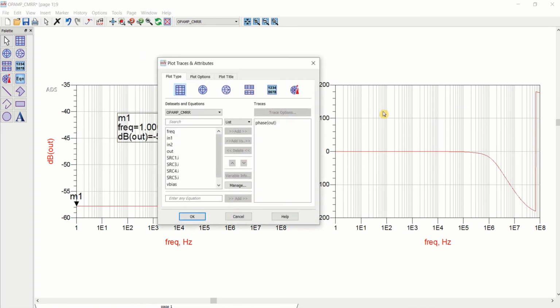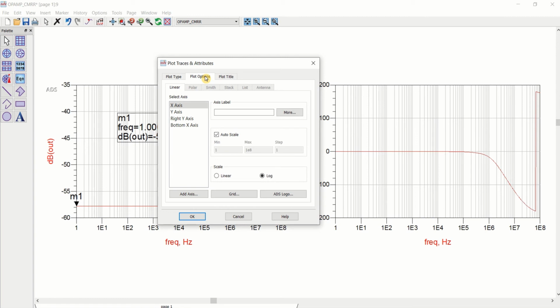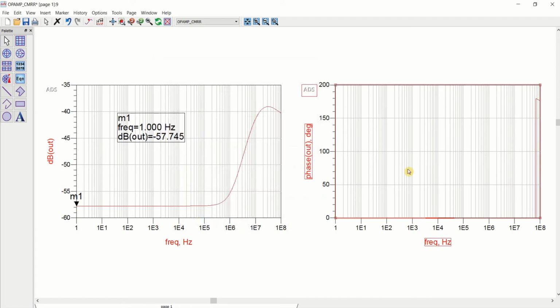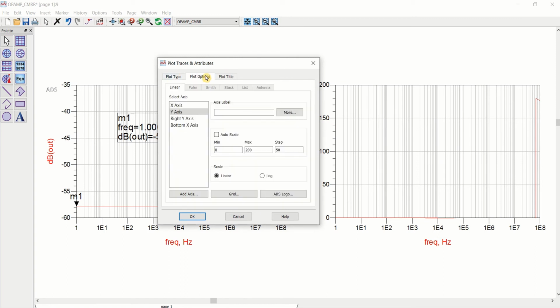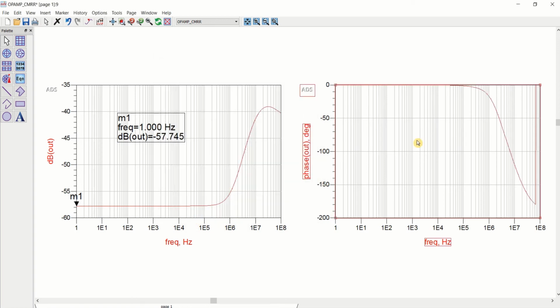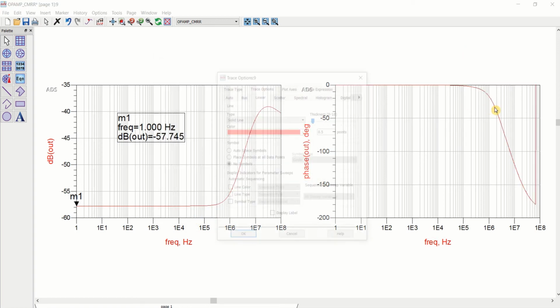You can set this particular scale, plot options, y-axis, not from, I want to start at 0 to 200 in steps of 50, assume. I'll take minus. So this is the response.